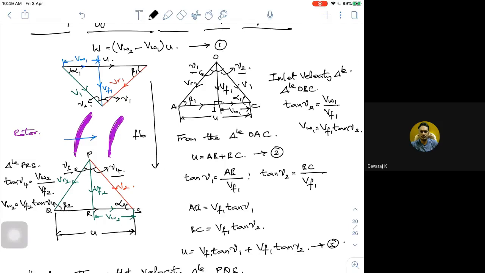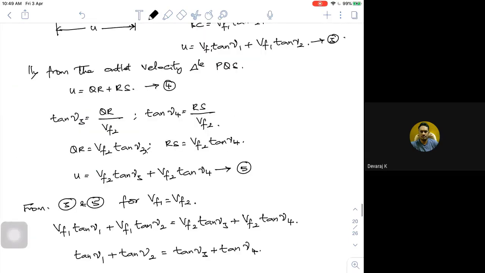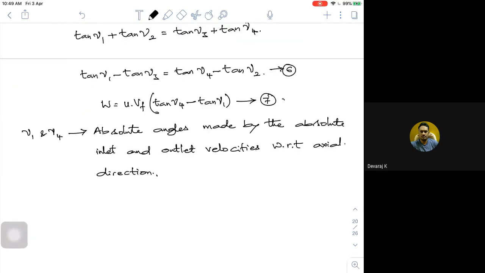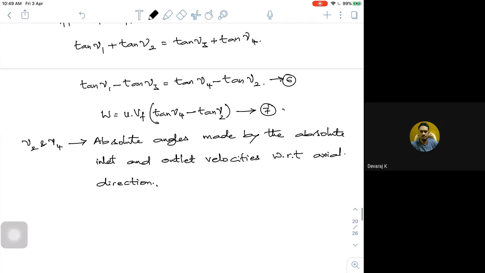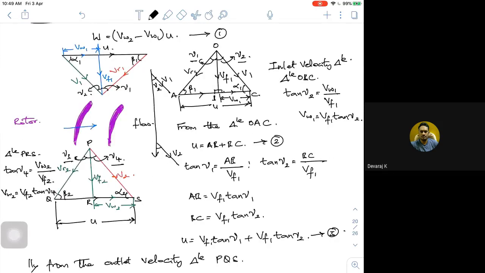Look at this. Now I have this, call it V1, and I have something like V2. These are my 2 and 4. This is 2 and 4, not 1. So this is my gamma 2, and this is my gamma 4.